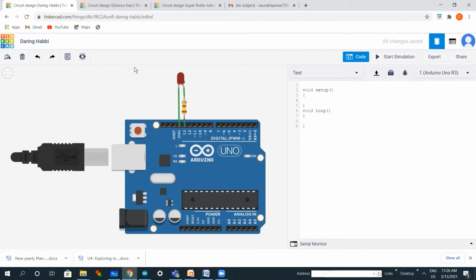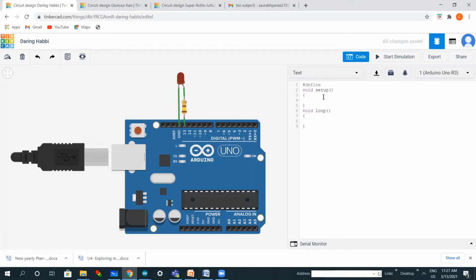As we have connected our LED to digital pin 13 of the Arduino board, we will define this pin by giving it a name. The format for it is hash define. Just see to it that it is case sensitive. If you write capital D in place of small d, then you will get an error. So care must be taken while writing the code. We have to follow the same format.